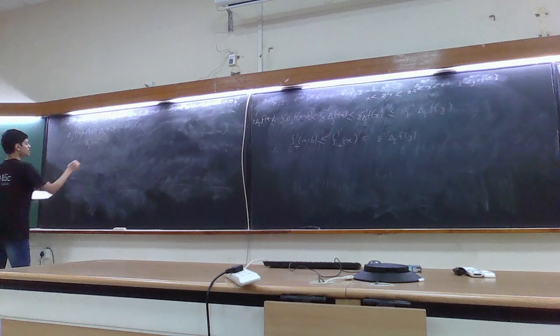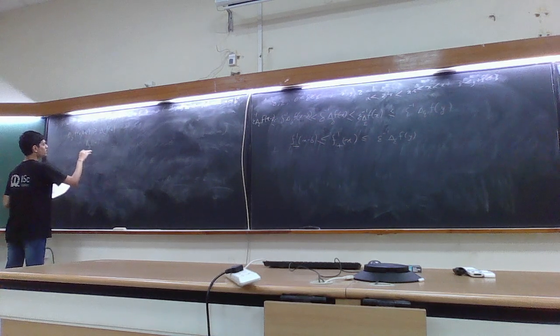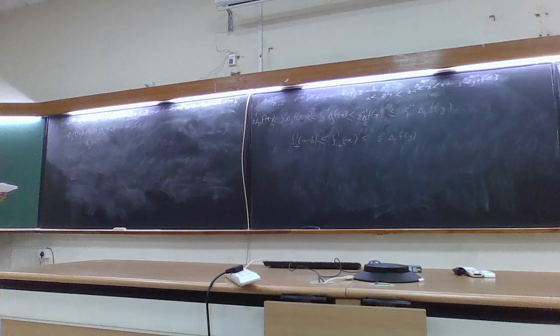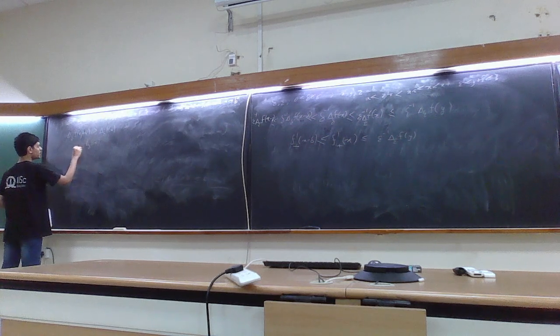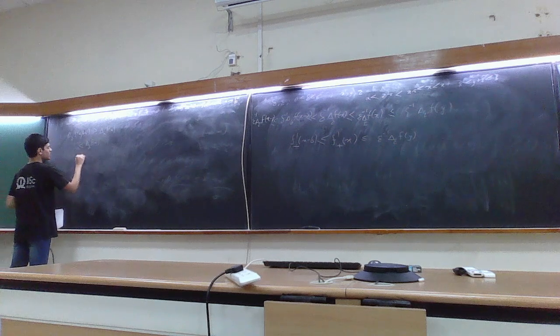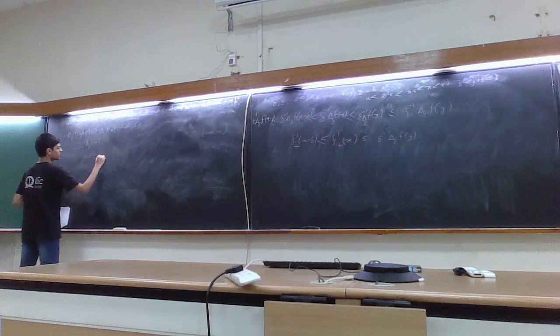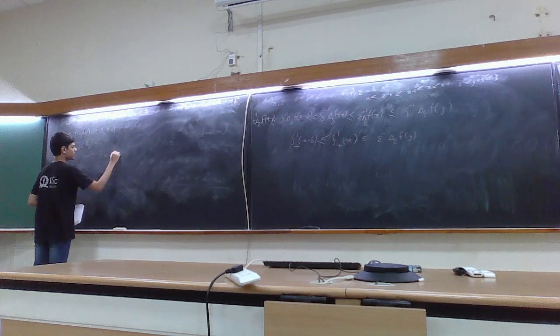Since it's a non-decreasing function of x, as you take x going to the right extremity, it's increasing, so it cannot be negative infinity, right? So this is greater than negative infinity, and you can expand this to write f of x plus delta minus